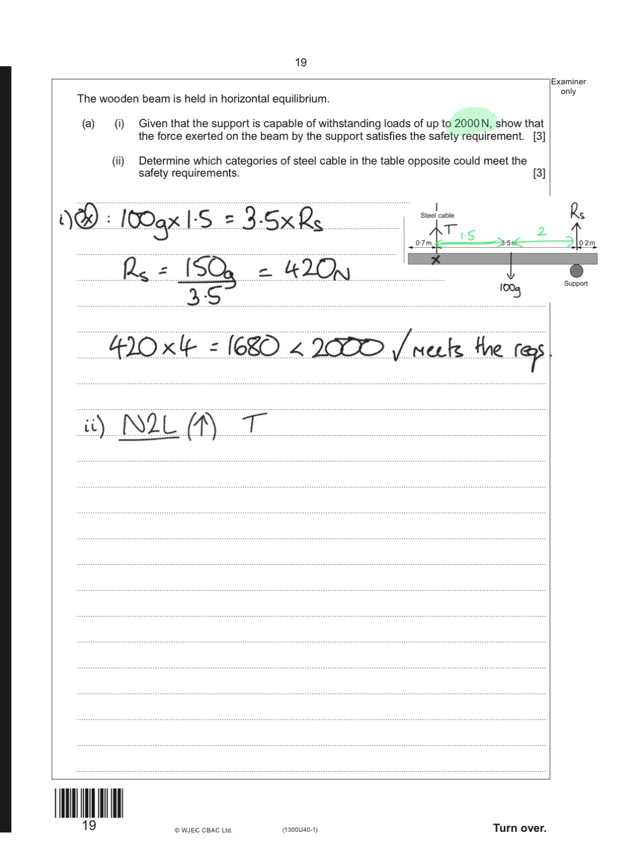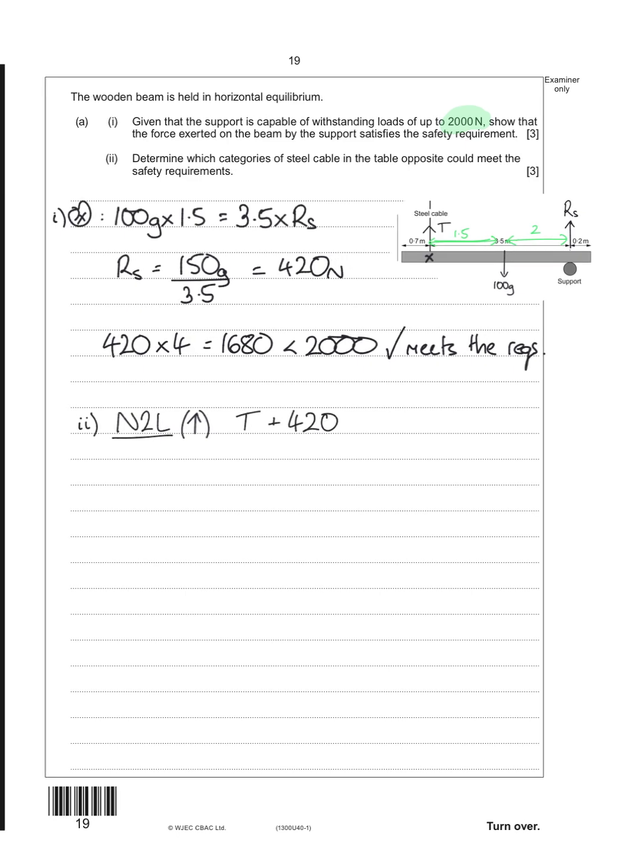I'm going to say that tension plus the normal reaction at the support has got to be equal to 100G, so T in this case is going to be 980 minus 420, which is 560 newtons. And remember, the steel cable's got to be able to withstand 4 times that. 560 times 4 is 2,240